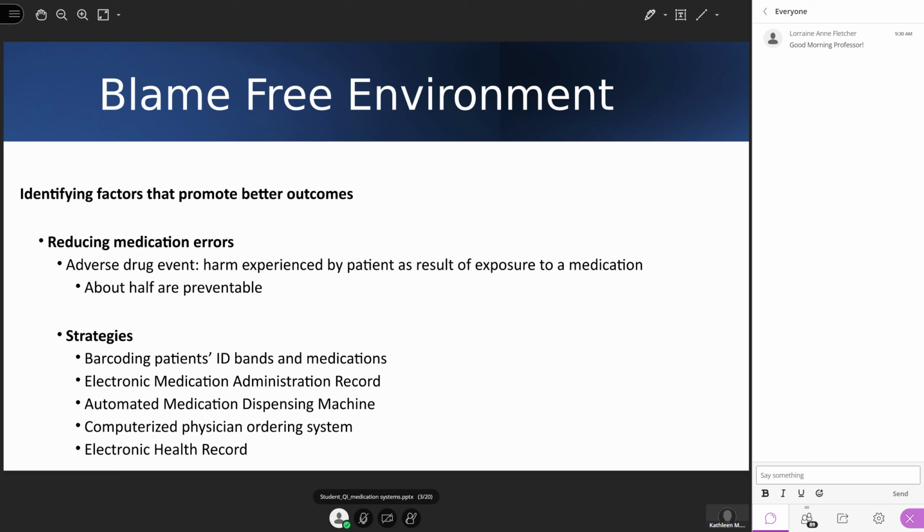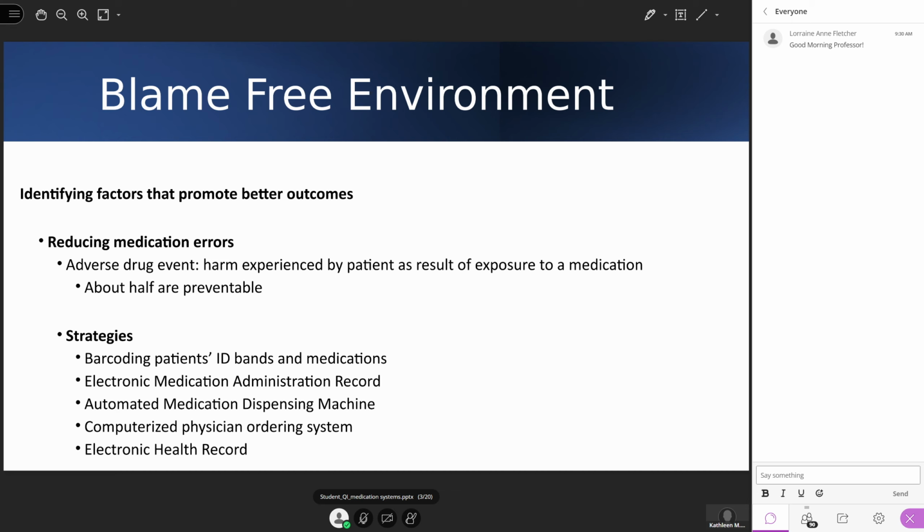Some of the other things that came out of this, of course, was the growth and advent of technology. As our technology has grown, we've used it to implement interventions to help support patient safety. Some of those, you guys are familiar with, and we're going to be reviewing these today. You guys probably have used them, but these safety measures, this technology that we use, are again a guardrail to patient safety. So you have barcoding of patients' ID bands and medications, electronic medication administration records, the automated medication dispensing machines,